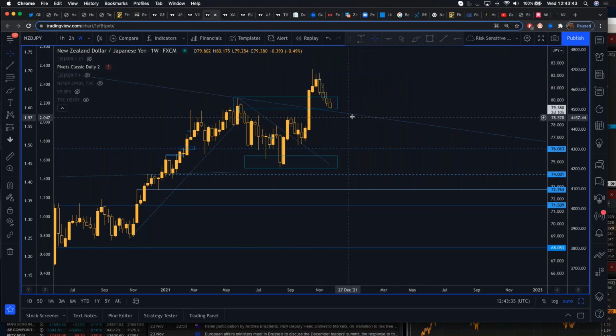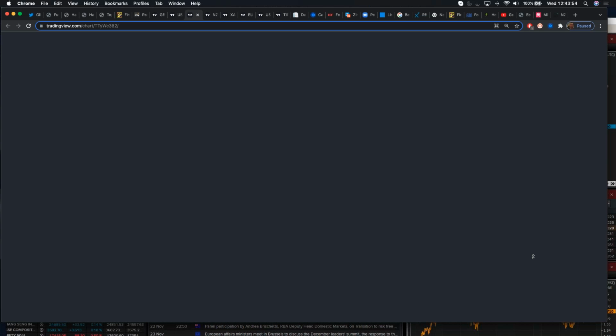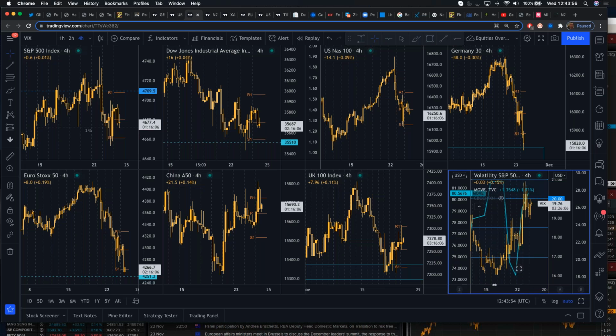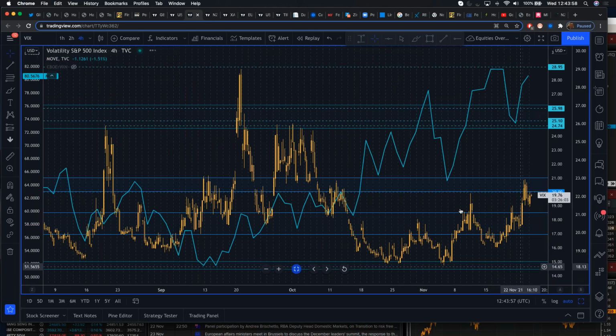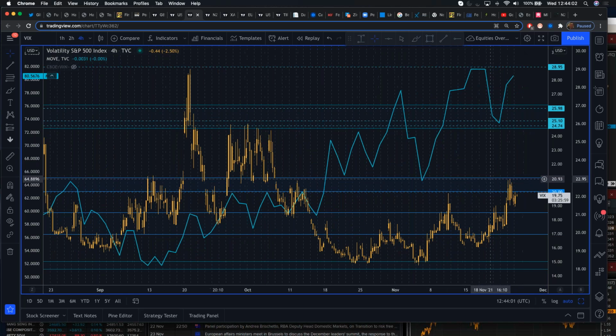So medium term, we expect. Now, the problem with this trade, the risk, is that if risk-off trading comes on, we'd expect more yen strength. So if we see volatility push higher in the VIX and we see equity markets continue to sell off, then watch out for that. So look at this index, that blue line, that's the MOVE index. Because if we get volatile moves in the bond market, as signified by the MOVE index, if you want to check it out,